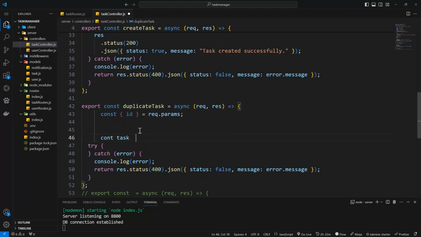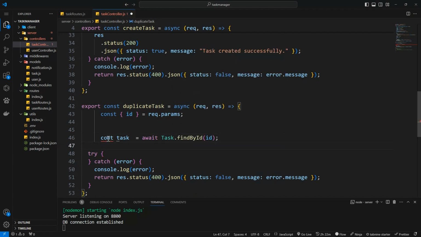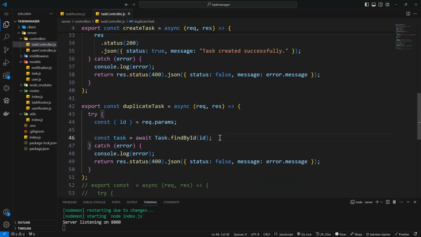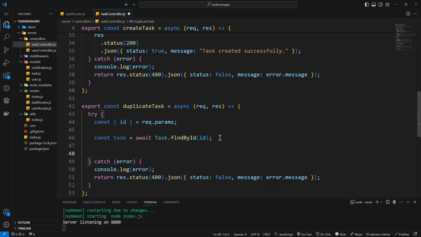I wait task dot find by ID. Find by ID, and it should be inside a try. Okay, great. So find by ID, and once we get a task, we can say